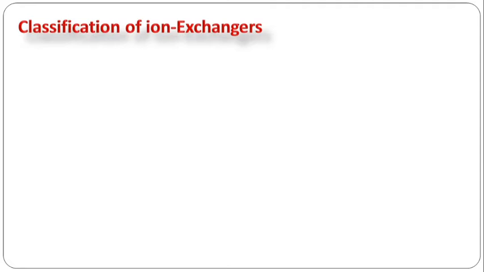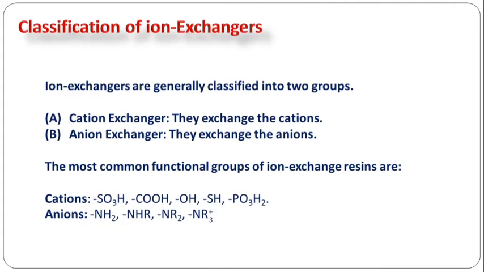Now we'll see the classification of ion exchangers. Ion exchangers are generally classified into two groups. Mainly, one is cation exchangers, which exchange the cations, and anion exchangers, which exchange the anions. So in ion exchange chromatography, if we are using resins as ion exchangers or solid stationary phase, they are of two types. One is cation exchangers, as the name itself indicates,